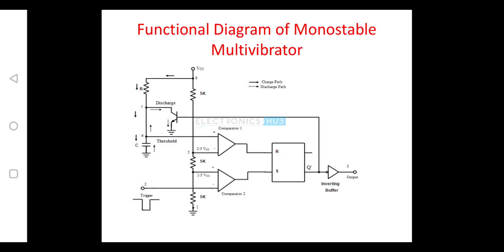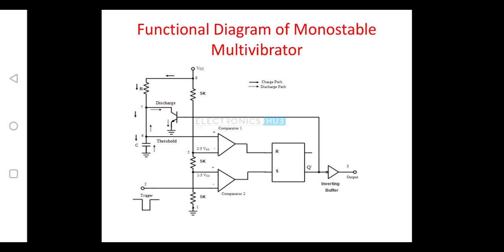So here the difference between the previous astable and the monostable is, in case of a monostable, for the trigger pin number 2, we are applying an external trigger pulse, and this external trigger pulse should be a negative voltage, so that for as long as we are applying this pulse, that much time it is in the same state. Once the trigger has been released, it automatically moves from the previous state towards the next state.